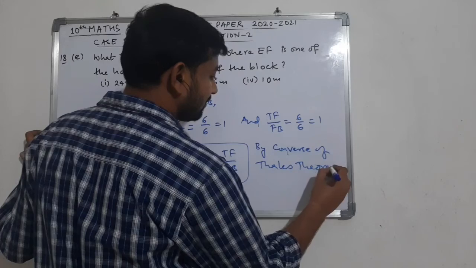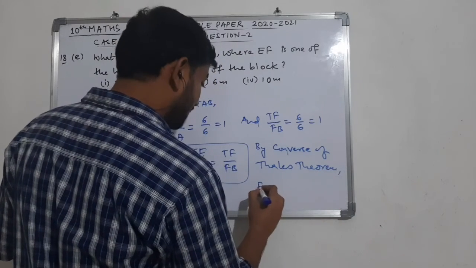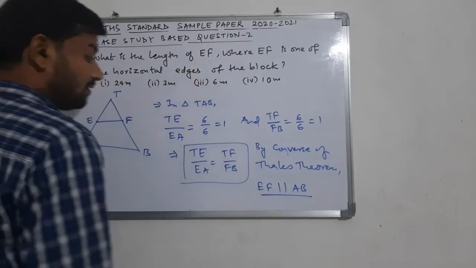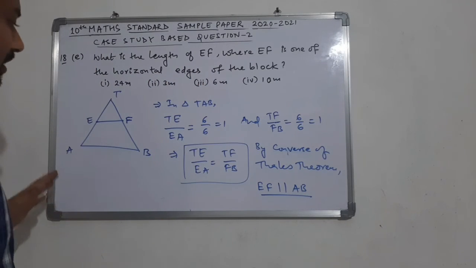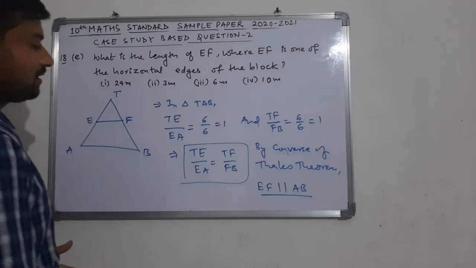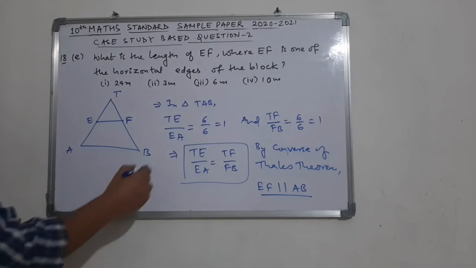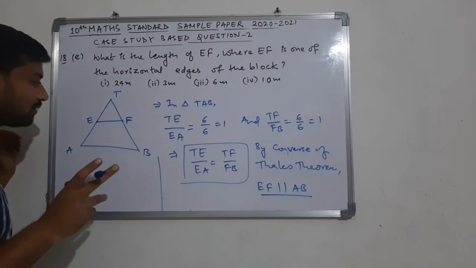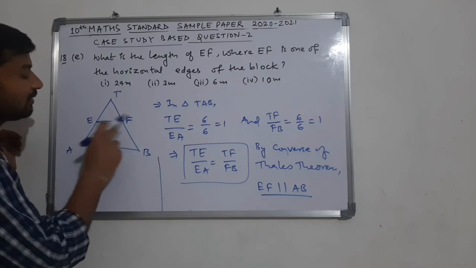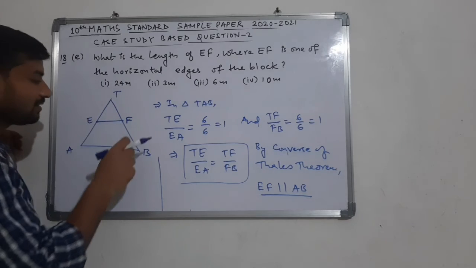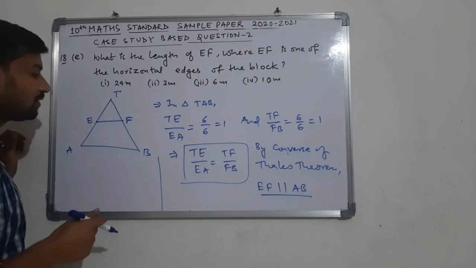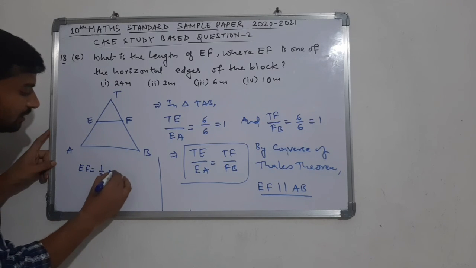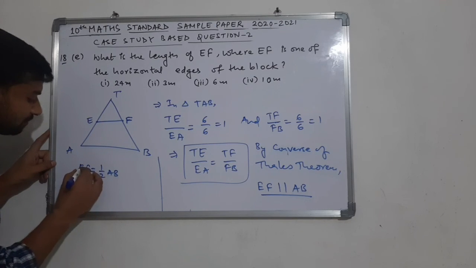we can write here that this line EF is parallel to AB. This is a very important result. EF and AB are parallel. If they are parallel, then we have one more piece of information here. In 9th class, you must have studied the midpoint theorem. If EF and AB are parallel and they intersect at the midpoints of the triangle's sides, then EF will be just half of AB. This can be proved very easily.